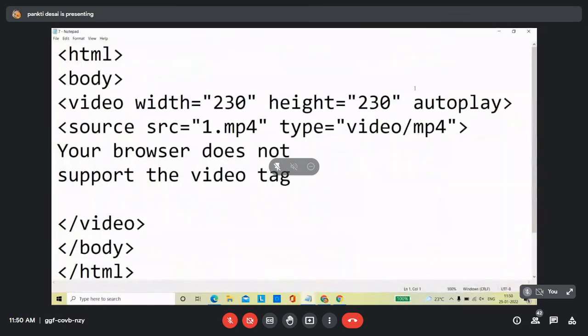Okay, so the audio file part is clear to everyone, yes. Now, in the same way you can include the video file also, or the video control also, right? So this video control